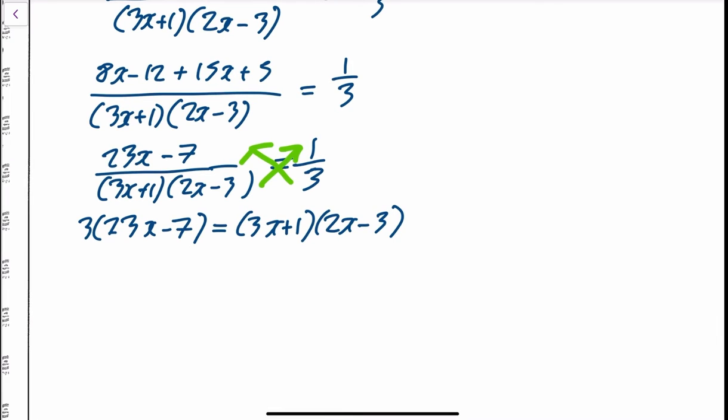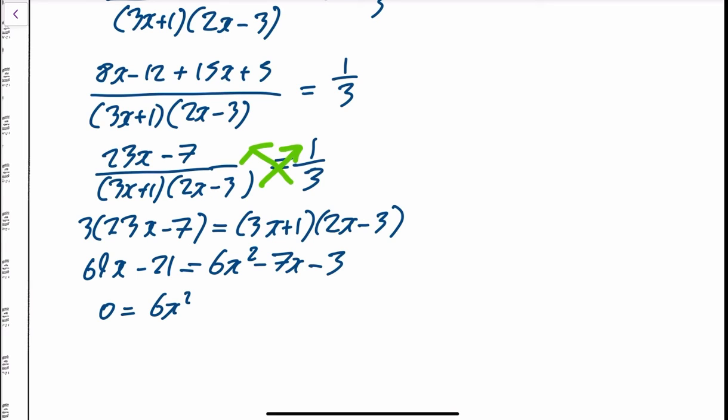And then that becomes 69x minus 21 is equal to 6x squared minus 7x. When you multiply it out, I've maybe skipped a wee step there. Bring it all to one side, you'll have 6x squared minus 76x plus 18. So x is equal to